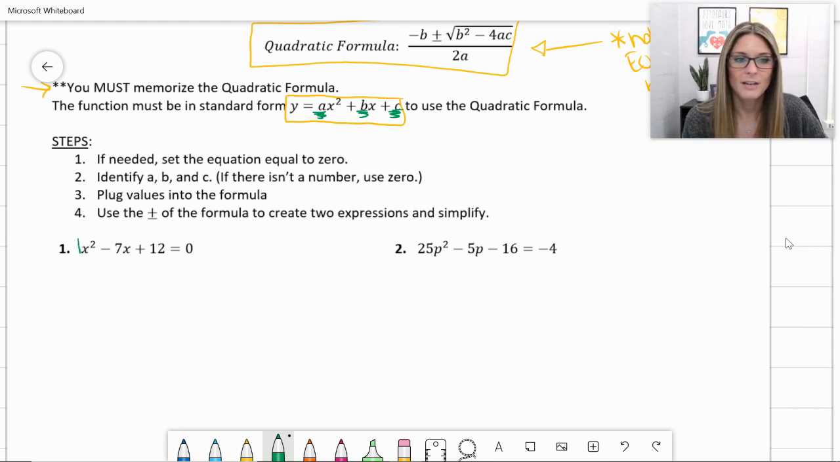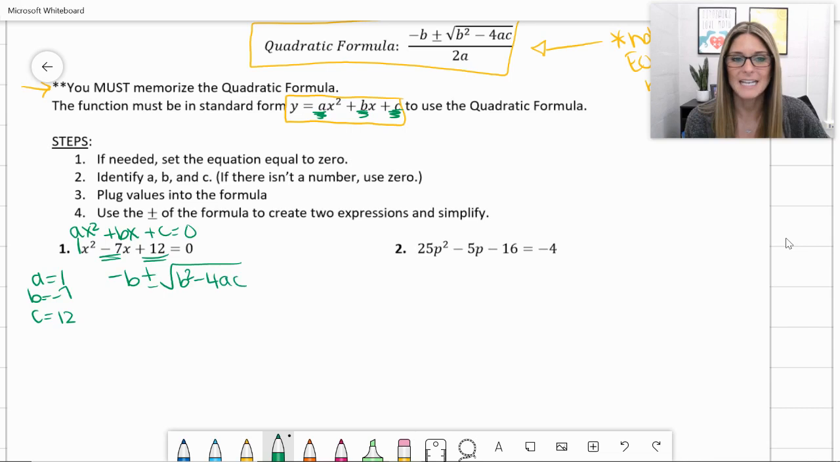Now, in number 1, there's an understood 1 here for that a. There's a negative 7 for b and a 12 represented for c, or the constant. So I'm going to list that off to the side. A here is an understood 1, b is a negative 7, and c is 12. And we're going to use that quadratic formula. We're going to start by plugging in values into the formula. Step 3 up there. The formula is negative b plus or minus the square root of b squared minus 4ac